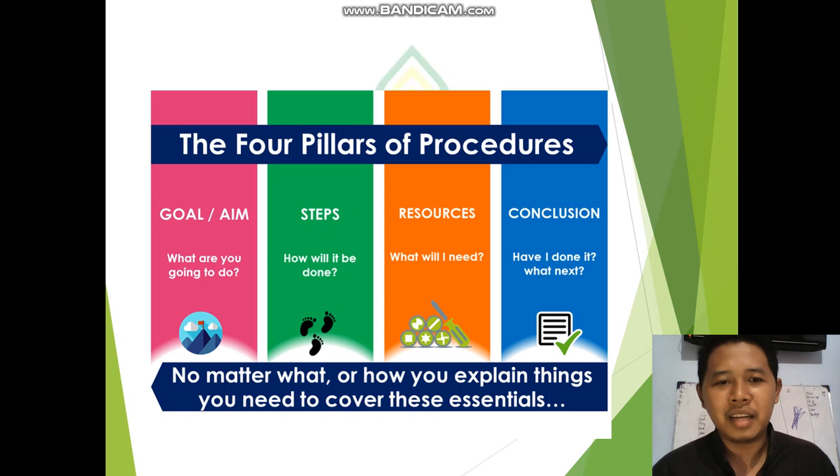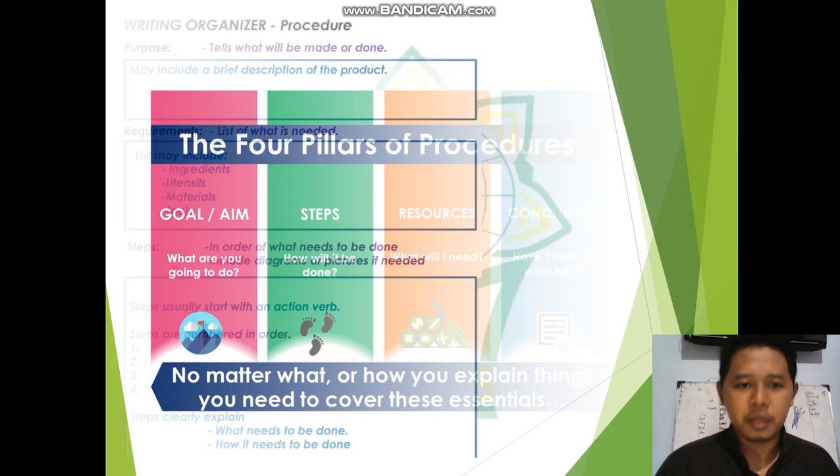Oke, tapi mungkin karena ini four pillars of procedure, maka itu hanyalah no matter what you must cover this essential. Jadi dia hanya ingin menunjukkan apa saja, bukan tentang urutannya. Oke, but for the order, of course, before this step you must include resource dulu kan, langkah material dulu baru langkahnya. Okay, I think it will be much better.